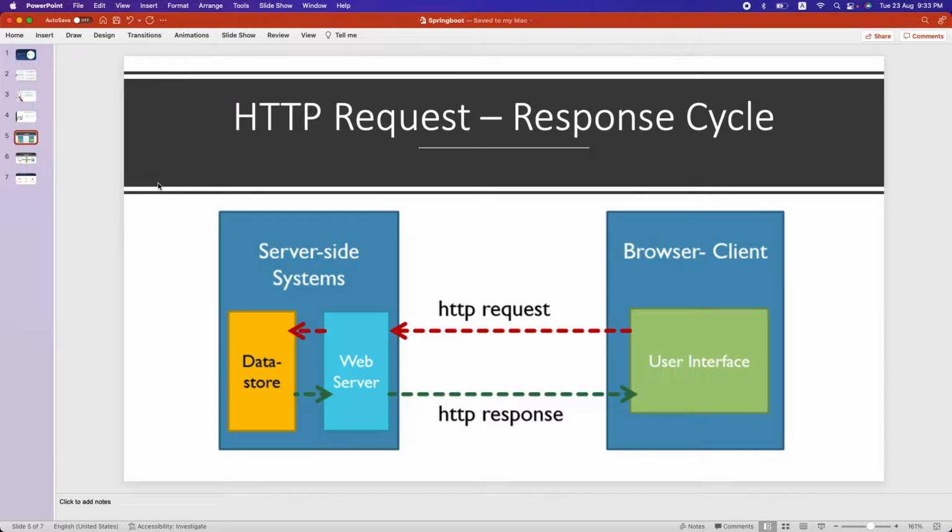Next, we will see what the request-response cycle is in a server-side application. In general, the major entities involved in this process are the server and the client. So, as I told, the client takes the input from the user. It builds a proper request which is in the desired format and pushes it to the server. The server gets that request. It will check whether the request sent by the client is valid or not. If it is valid, it will do the necessary actions. It will construct a response and send it back to the client. After taking the proper response, it will be the client's responsibility to display the results on top of the user interface,